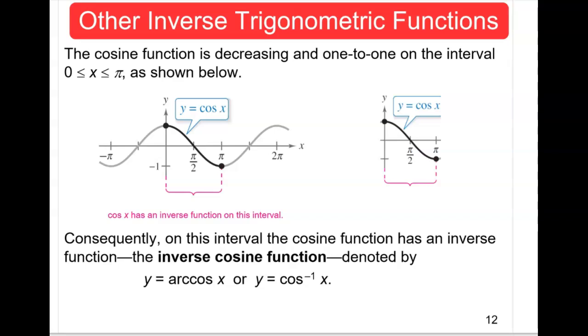The other inverse trigonometric function we're going to discuss is the cosine inverse. But before that, let's review what the cosine of x graph will look like as a function of x. You can see it is the curve that we have here. If we were to do the horizontal line test, of course, we will fail the horizontal line test because we are touching more than one point with the graph. For that reason, we will have to restrict the domain just to this little part here. So if we do that,